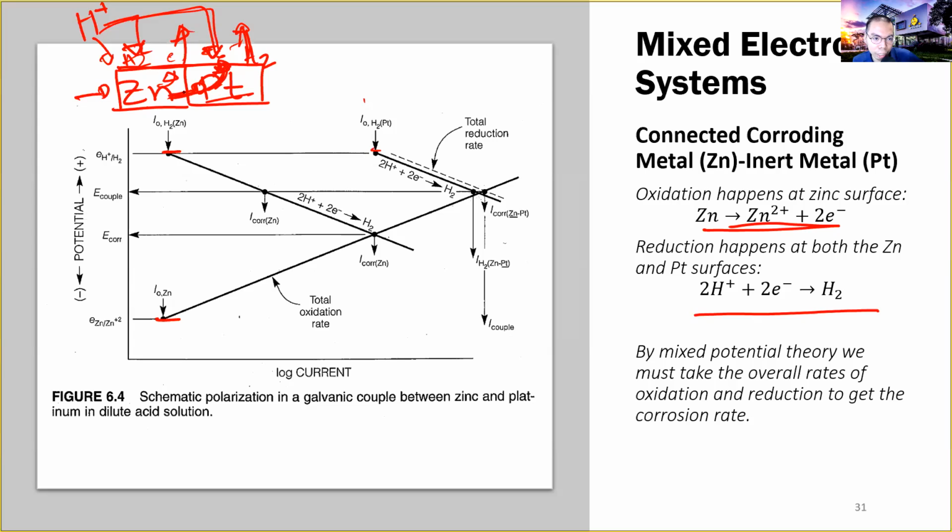Kinuha niya kay zinc yung electron, since si zinc, pwede siyang mag-give off ng electron by oxidation. So since platinum is connected to zinc, the connection of platinum to zinc exacerbates, or tawag doon, pinapalala niya yung corrosion at zinc. Since kumukuha rin siya ng electron from zinc para ma-fulfill yung reduction reaction ni hydrogen at its surface. So makita natin that for zinc, instead of being attacked by just one,